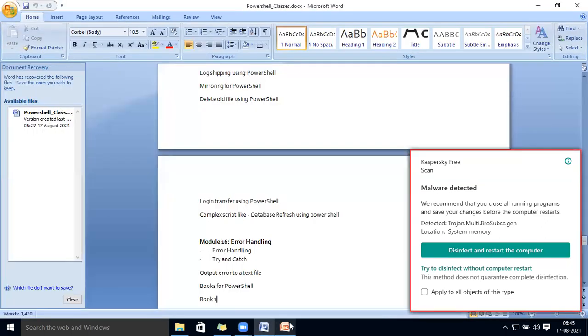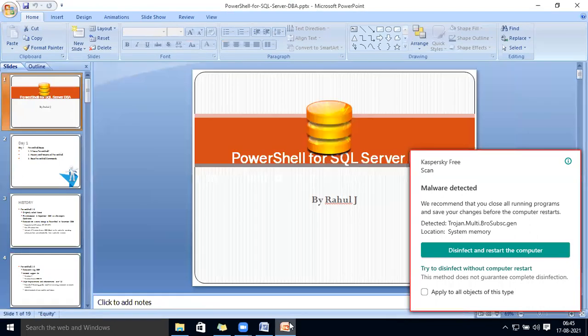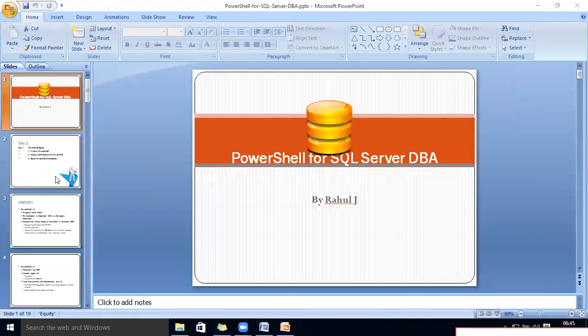Okay, got it. Anybody else having any question? The timing of this course, will it be the same, 6:30 IST? Yes, 6:30 IST. I'm going to continue, because all are ready for this only. Also, I think there is a little pop-up saying Kaspersky scan. Can you remove that? Okay. It's good. Okay, great. Thank you.